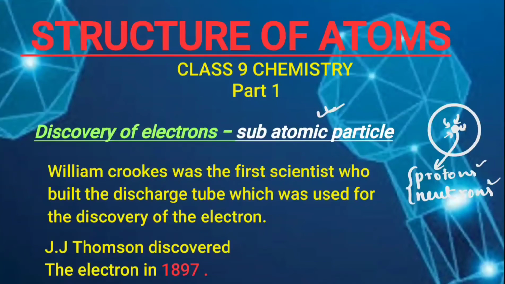These two particles are combinedly known as nucleons. Why is it called nucleons? Because they make up the nucleus. If you are from India, you call yourselves Indian. Just like that, protons and neutrons are from the nucleus, and thus they are known as nucleons. That's all. So the nucleus is the dense structure present somewhat in the center, and it consists of protons and neutrons. So these two are among the subatomic particles.